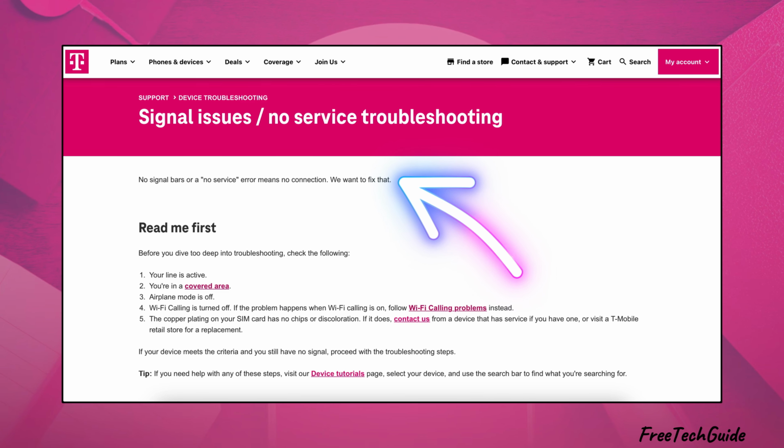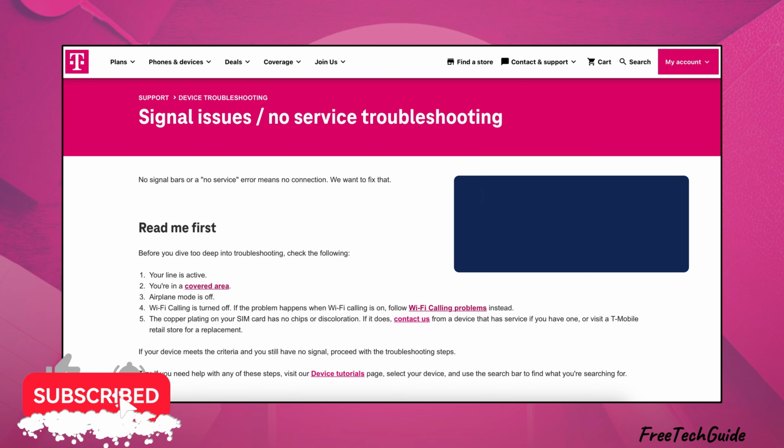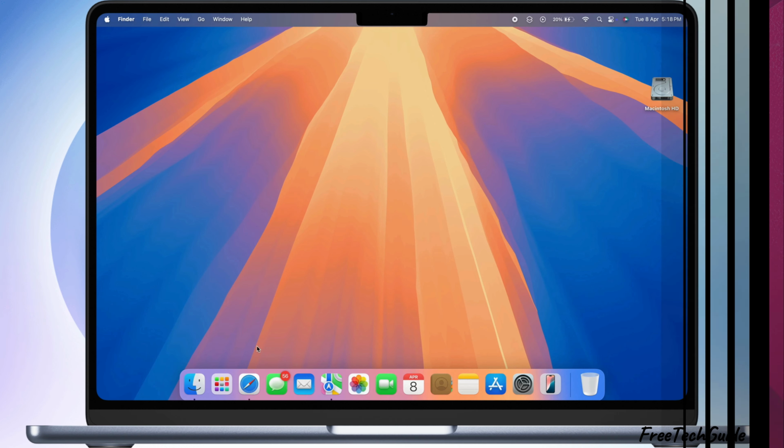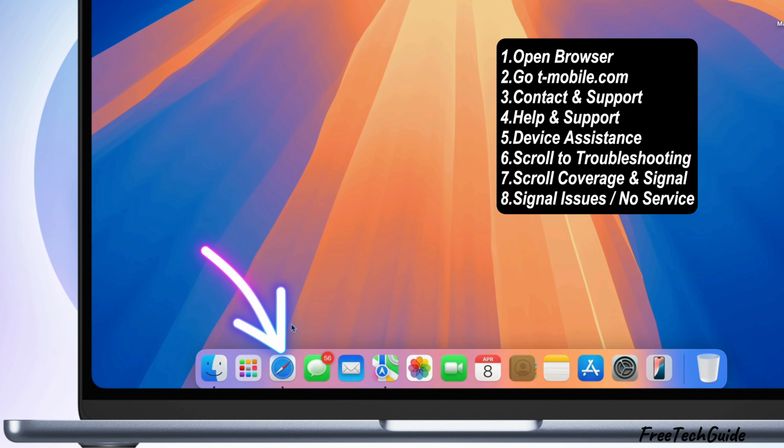If your Mac says no service or the signal is weak, it might be a temporary issue. It could be a network problem, a SIM card, or poor coverage. To check if T-Mobile is having problems, open the browser on your Mac and go to